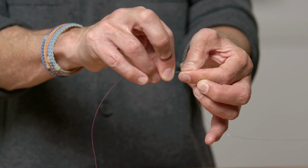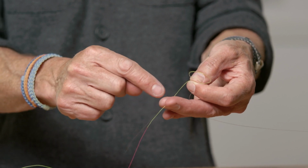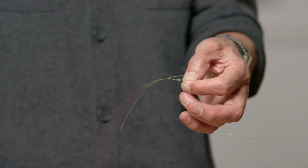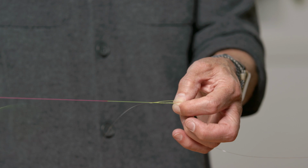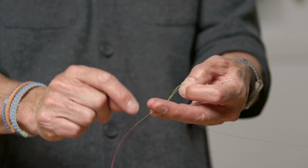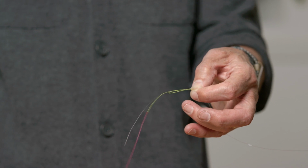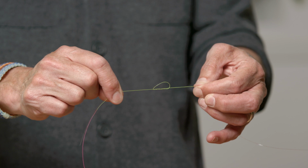So I stick it under my left thumb and index finger, utilizing this trick I showed you, grab with the middle and ring finger, finger in, pull through 1, grab, in, pull through 2, grab, in, pull through 3. Triple surgeon, and then as you start to pull tight, watch your knot as it pulls tight, and you'll get